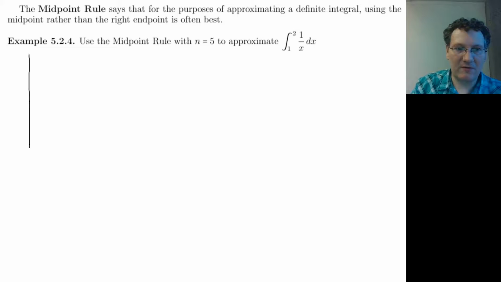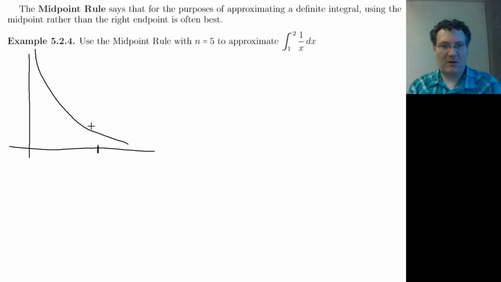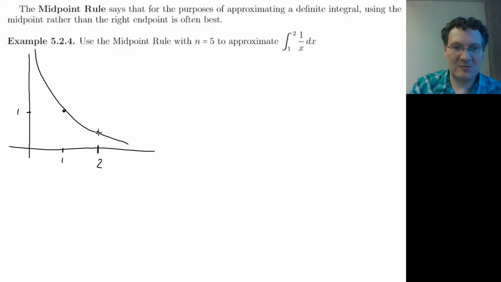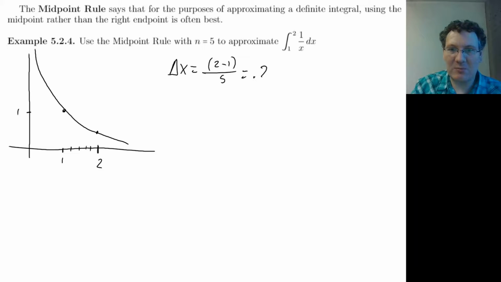So the curve looks like this, and we're going from 1 to 2 and splitting up into 5 sections. Okay, so what we'll have is that this delta x is going to be 2 minus 1 over 5, so that comes out to 0.2. Each of these little sections has a width of 0.2, and so I'll call it M5, the Riemann